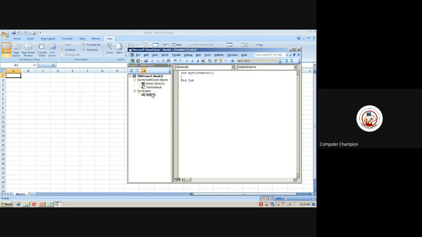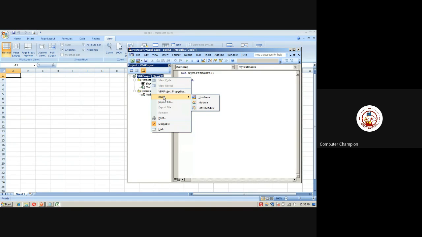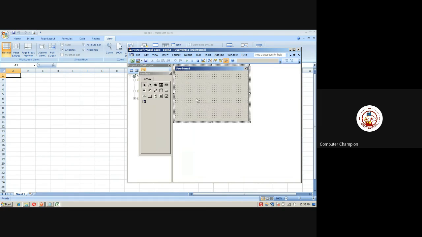Just create. So it will create a new module and it will automatically go in the VBA screen. The same thing, I can go directly in the VBA screen and create my own choice here: create a user form, a module, or a class module. So for a start, we will just do user form and module. Okay, I'll go into insert, user form.